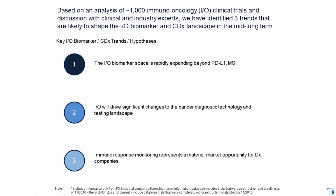The first, which is probably not surprising to anyone, is that the IO biomarker landscape is rapidly expanding beyond PD-L1 and MSI. I think most people here already know that, but we'll provide some context to that and quantify it a little bit. The second message is that we think IO is going to drive significant changes in terms of the